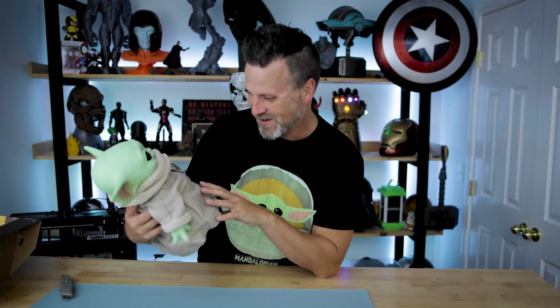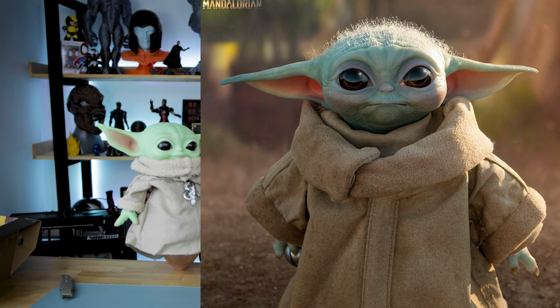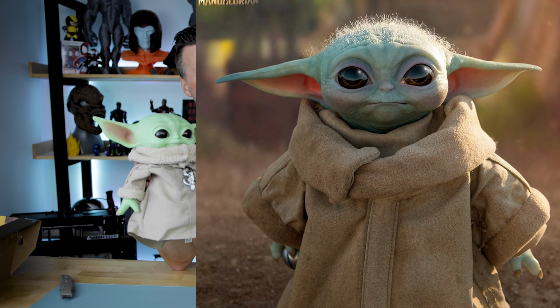This is awesome. For 20 bucks, this is such a great deal. Holy crap. This is really, really cool. Obviously, the details on this are going to be nowhere near as close as what you've seen over on the Sideshow Collectibles version of Baby Yoda. Norm from Tested just did a video the other day that I was watching on this, which was partially the inspiration for picking this up. I'm wondering if I can use this as the base for a redesign, so use this to try and replicate as close as I can to that Sideshow Collectibles version there without having to spend